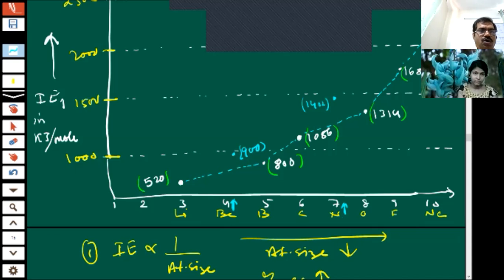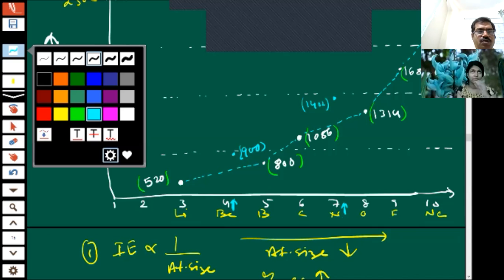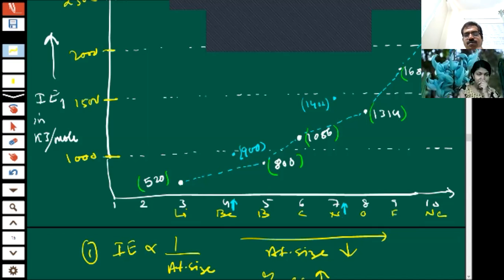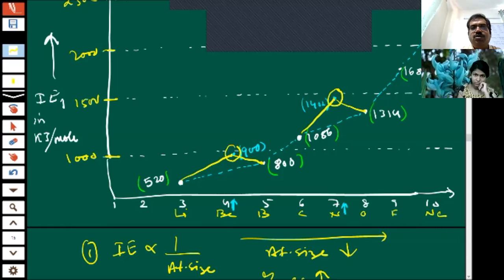The graph becomes like this. See, instead of being this way, the graph is like this. And again it comes back, and again up to carbon it is okay. Then again from carbon to nitrogen it becomes like this. So there are two faults, two exceptional cases we find out. Okay, two problems. This is known as problem 1 and this is known as problem 2.